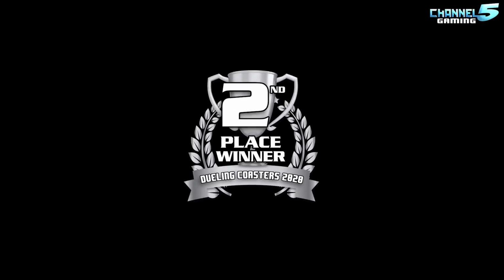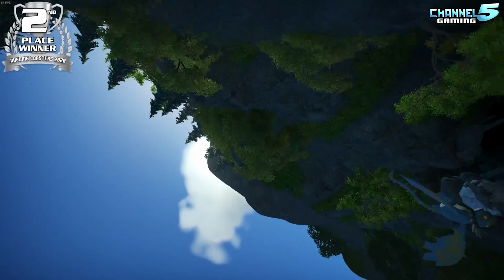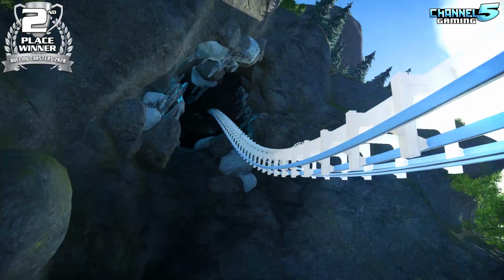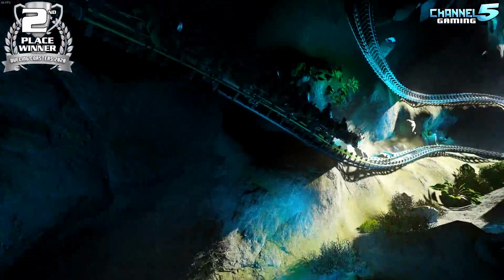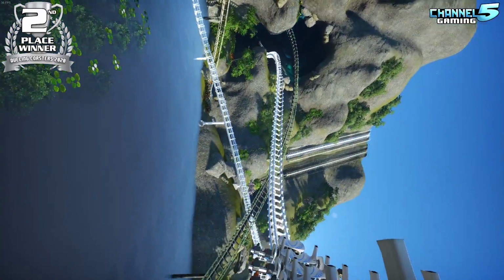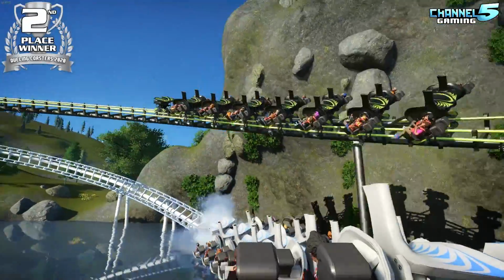And second place winner of the expert bracket goes to the Hidden World, created by Denise Babis. Wow. This was two dancing X-Dimension dueling coasters, a song and dance between two dragons. I've never seen two X-Dimension coasters get so close and have such a nice harmony and a dance. They're looking back and forth with each other, and they're going on an adventure, an exploration through a beautiful vista, a beautiful terrain, but they actually went to the hidden world at the end,